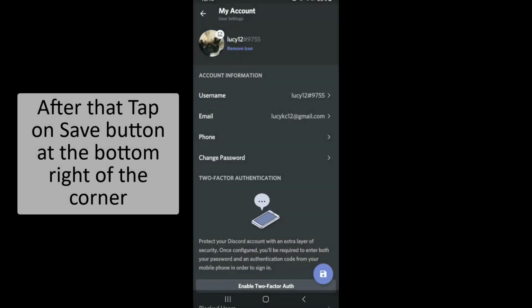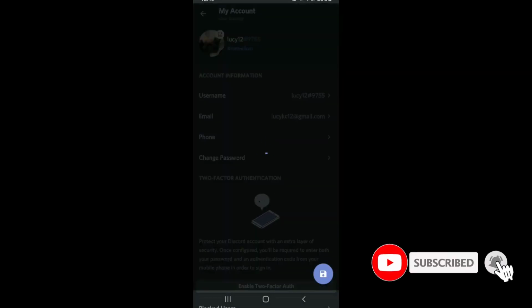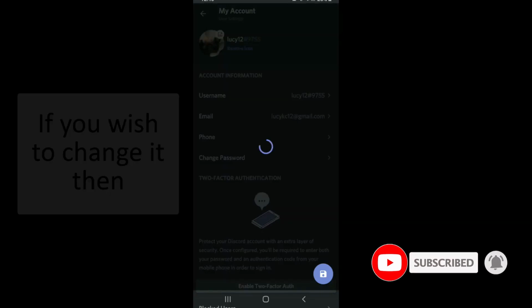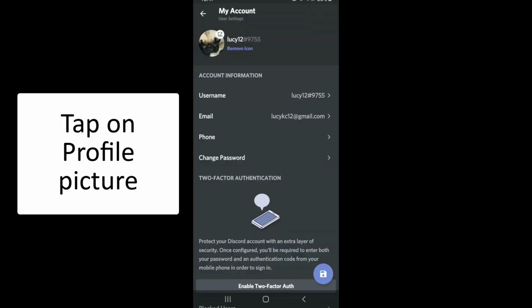After you're done uploading the picture, go and tap on the Save button, at the bottom right corner, and simply save the changes that you made on this page, in your profile, and you've successfully uploaded a profile picture on this card. If you wish to change it then, simply tap on your profile picture one more time and then